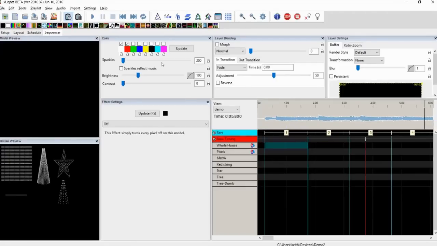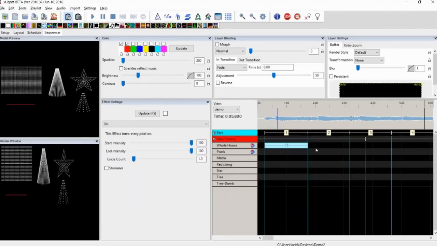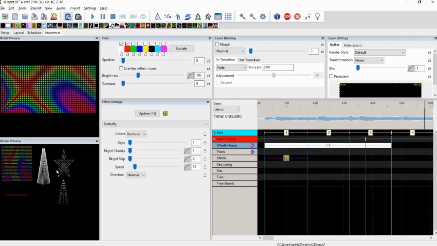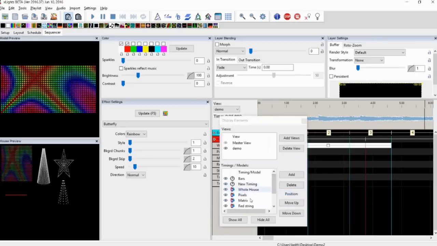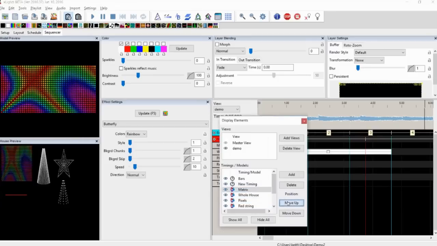So if I was to, okay, let's do this. Let's go and grab, I don't know, let's turn everything white. Okay, so everything's white, except on my matrix, I want to put a butterfly. Okay, so everything's white, but the butterfly has overruled the whiteness for the matrix, and that's happened because of the order. If I go back into Edit Display Elements, and I was to move the matrix up above the whole house and close it,